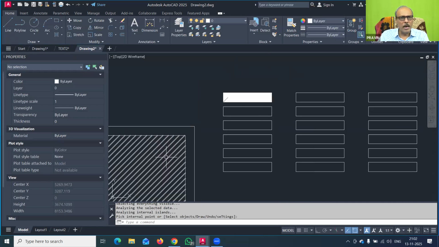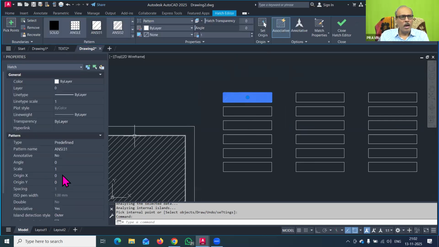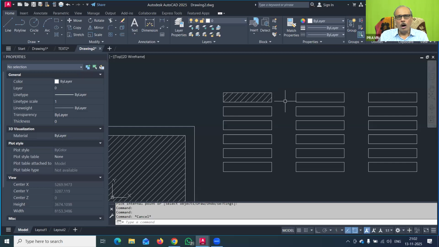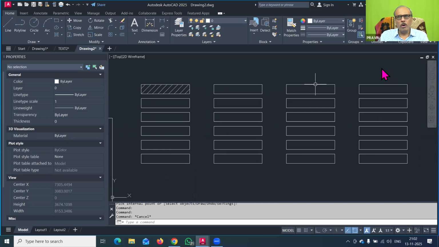Here also I have made the hatch, but it is not appearing properly. So I have to click here and set the scale as 30, press enter. Now you can see this hatch pattern is appearing properly. In your notebook, you have to note down the scale for different hatch patterns.